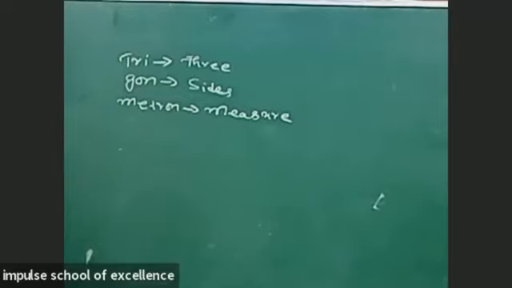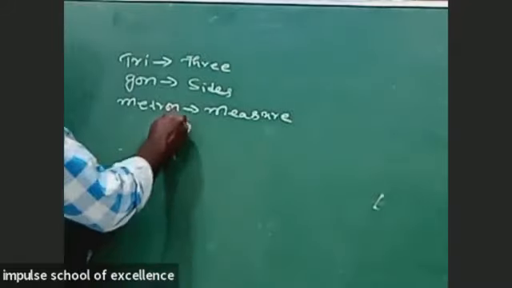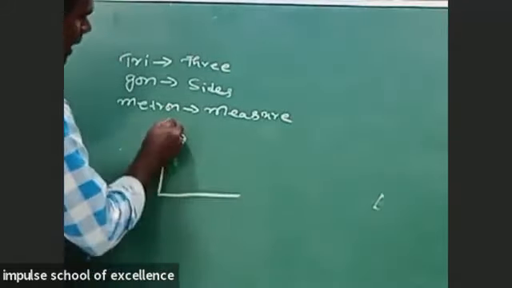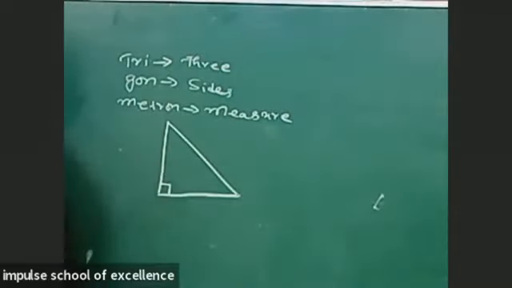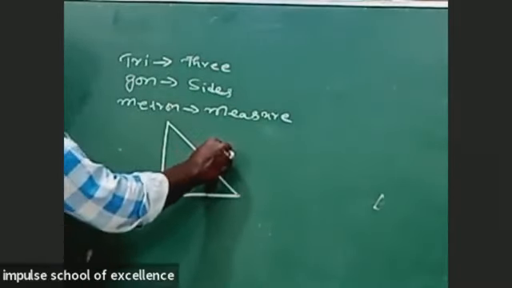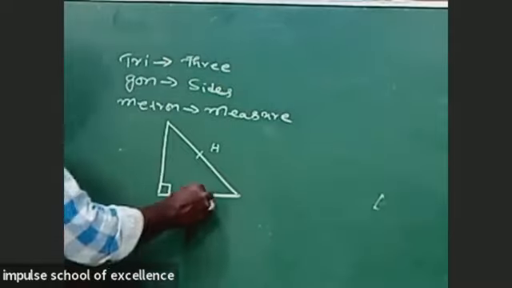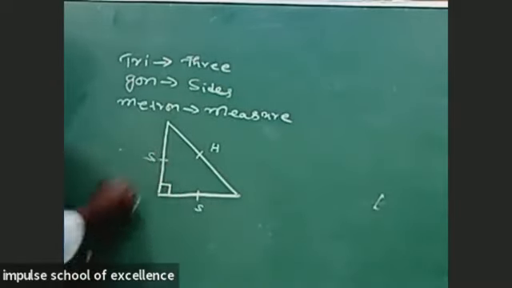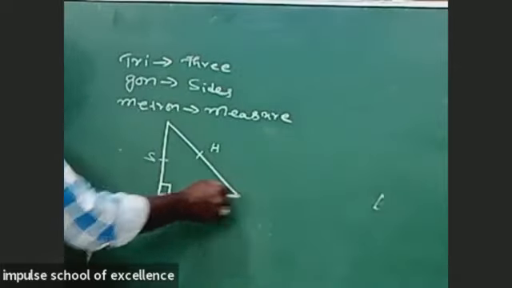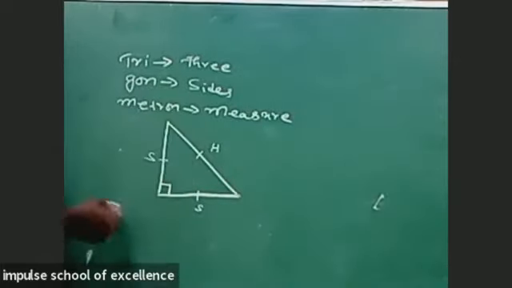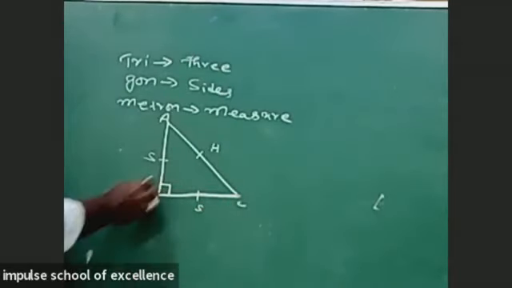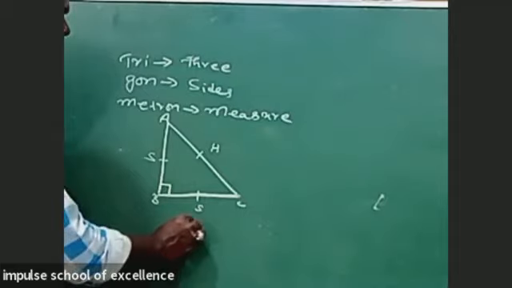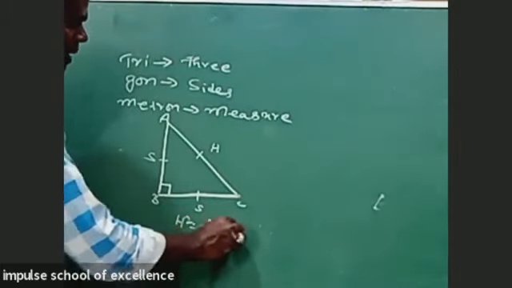So in trigonometry, generally we use the right angle triangle. This is the right angle triangle, and its explanation is given by Pythagoras. Only in a right angle triangle does this property apply. The longest side is called the hypotenuse, and the other two sides are called the perpendicular side, or legs. For triangle ABC, right angle triangle, hypotenuse square is equal to side square plus side square.